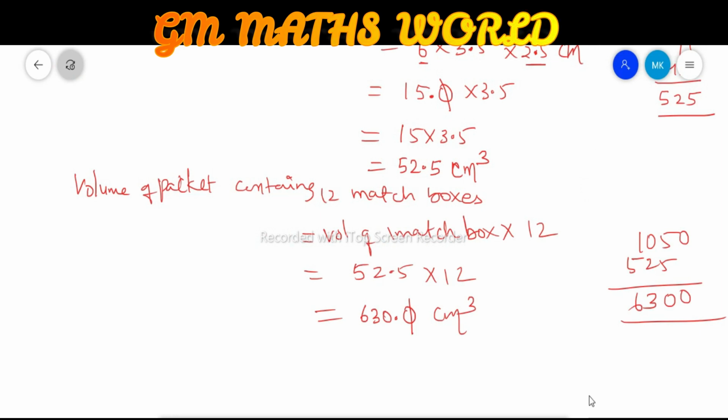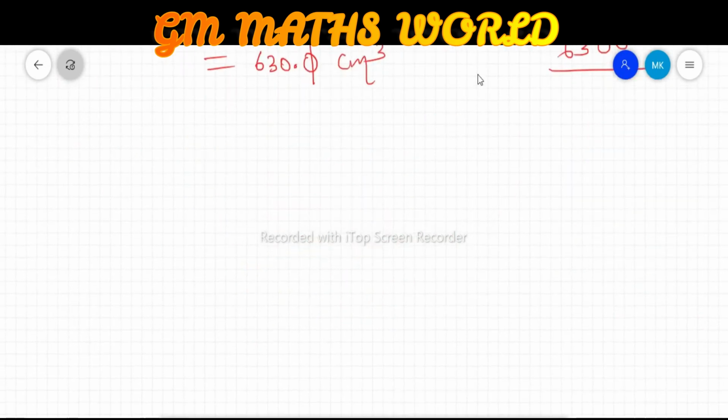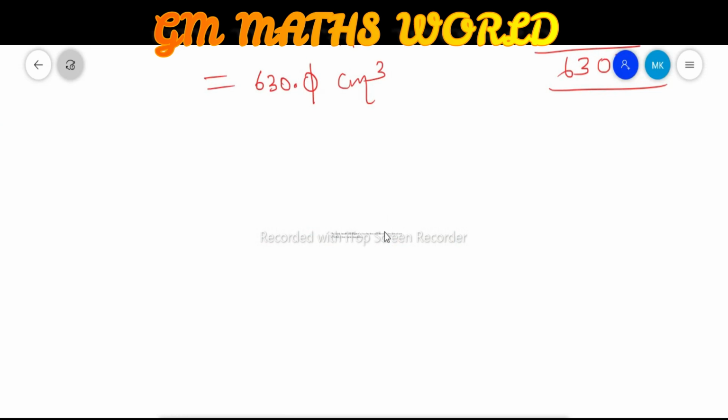as the volume of the packet containing 12 matchboxes. So this is how we have completed problem 2. You can write in your classwork. I think you have completed in your classwork. Let us move to the next problem,